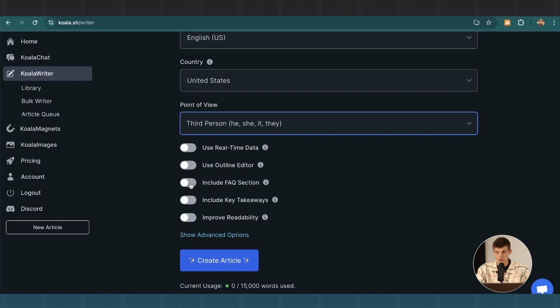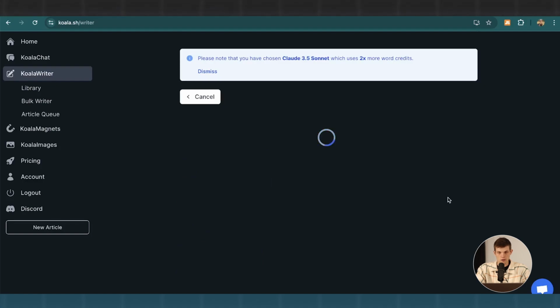We can even make an FAQ section as well, which is super cool, or key takeaways. Let's say we want that and improve readability, and then click on create article. Right now, Koala is spinning up this article for us. Once it's created, we're going to put it into our website that we made